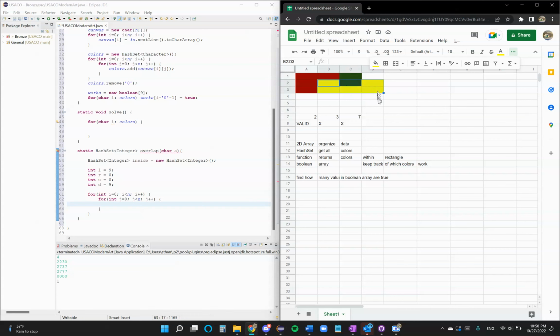So right now we're just trying to find the smallest possible rectangle that can be created using the colors provided. So if the current canvas[i][j] equals the character,